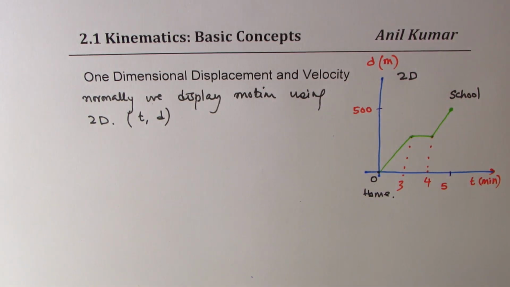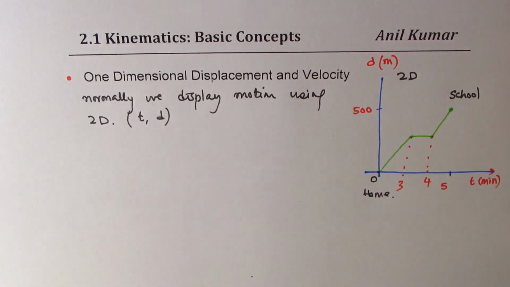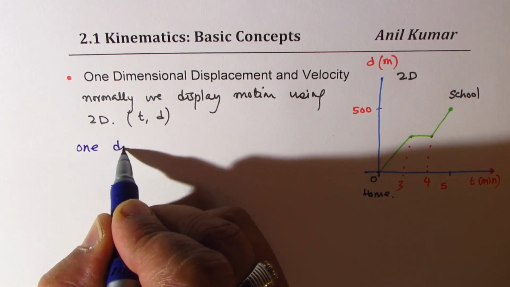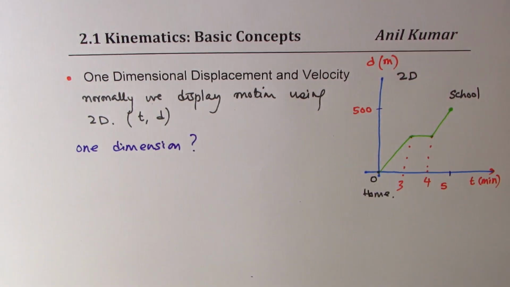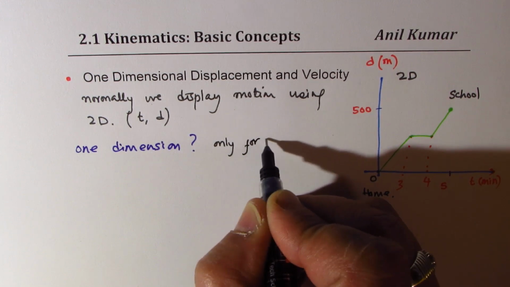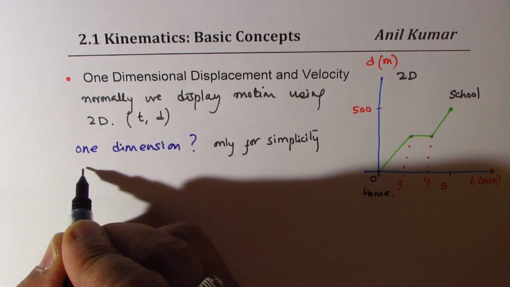Okay. But in all our questions, for simplicity, we talk about one-dimension displacement, linear and one-dimension, both. So what is one dimension? That is kind of a big question. So what we normally do, only for simplicity, let me write here, only for simplicity, we make an assumption